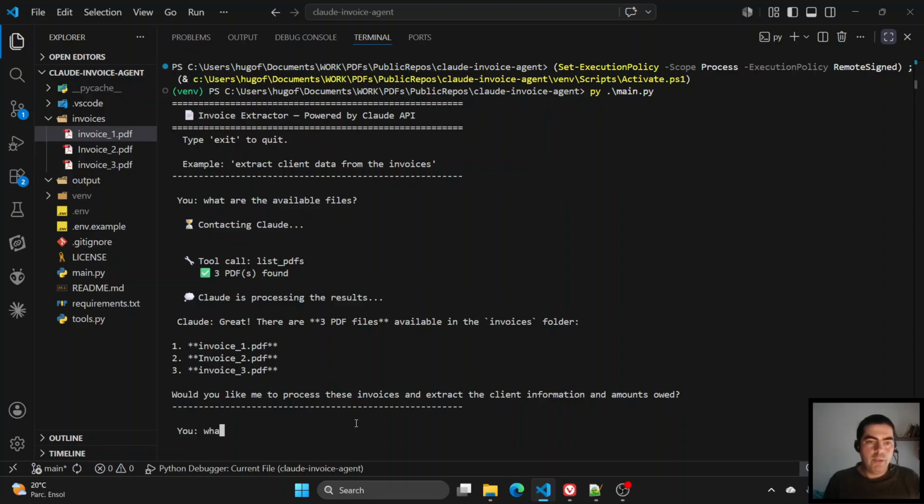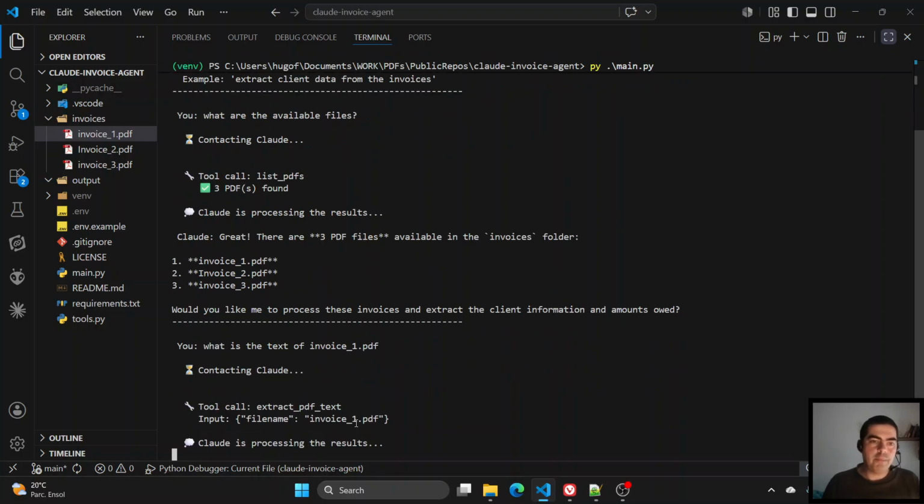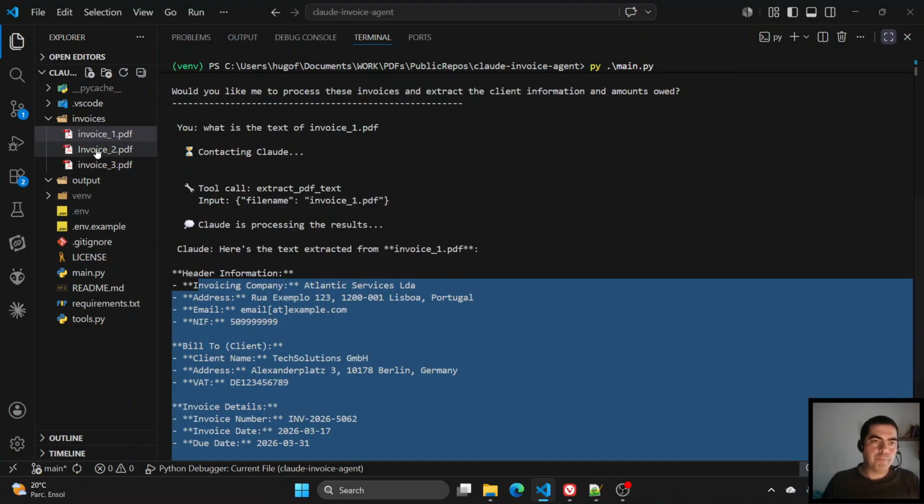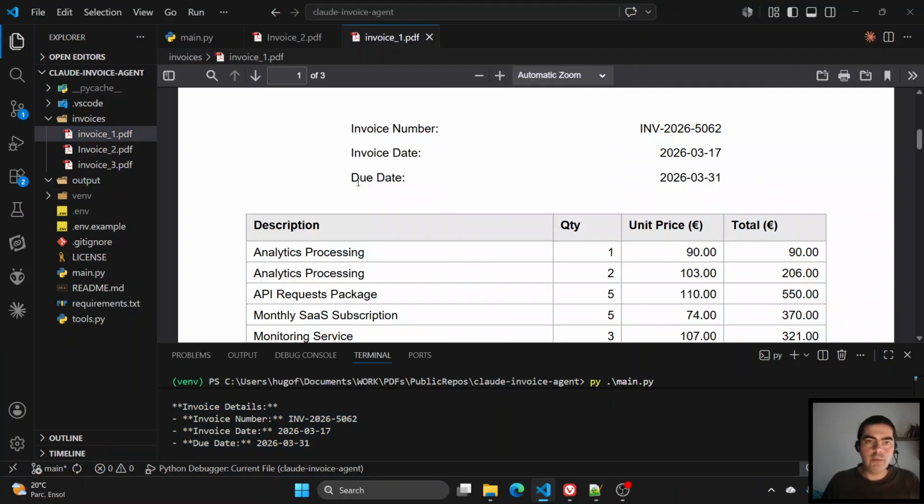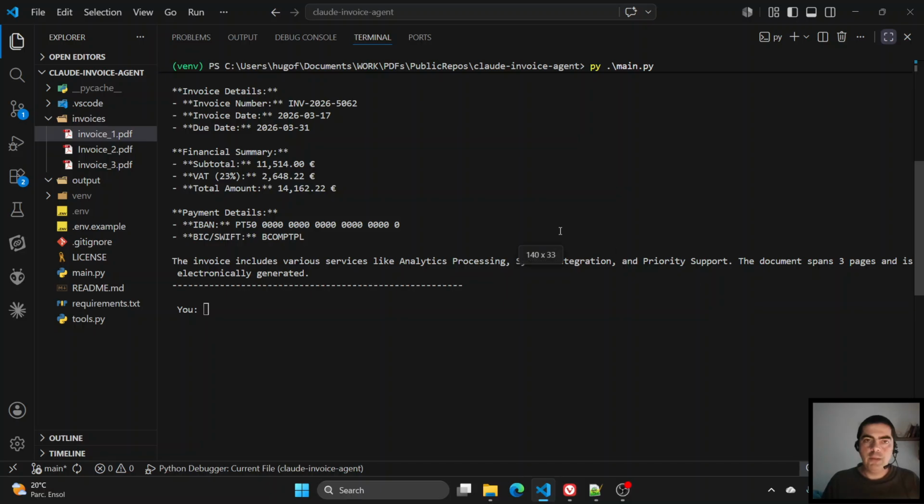And what is the text of invoice 1.pdf, for example? It's calling the tool, and this is the text inside. Let me show you this one, okay, and